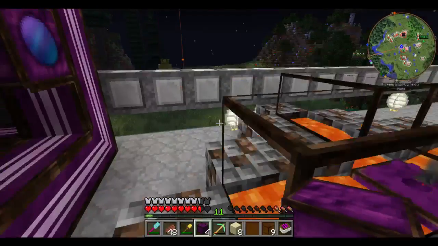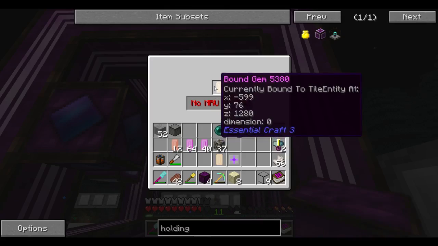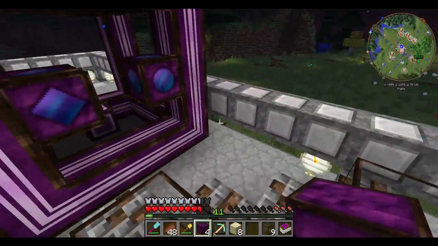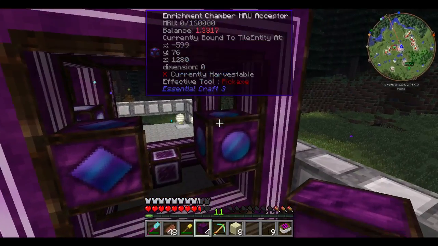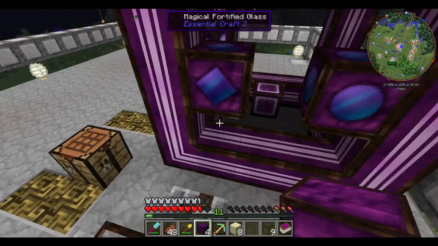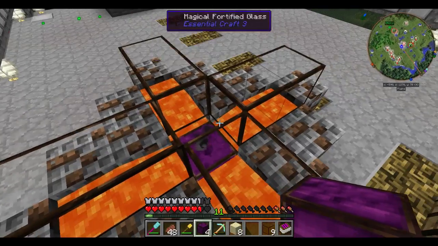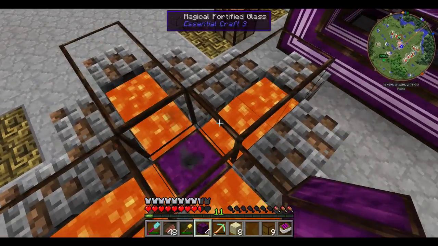What we're going to be able to do, you'll notice this is the acceptor. It only can put 1 bound gem in it, which means you can only put in 1 input of MRU from a generator into the acceptor, which means we're going to have to make multiple acceptors if we want to have multiple generators. I don't know if I'm going to make another of these. No, we could probably just stack them. Just put another generator like